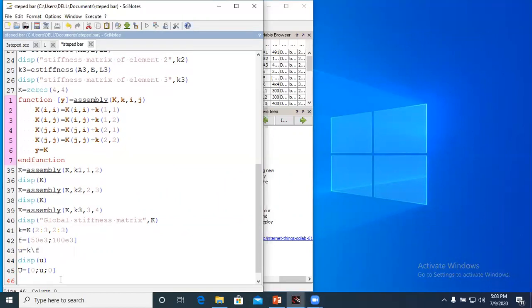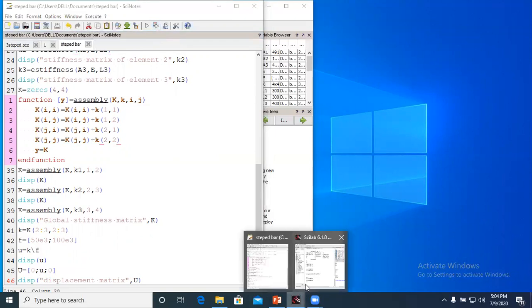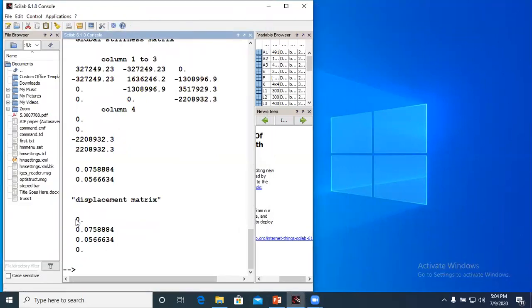Complete displacement matrix, you can see here, display displacement matrix. Now I will display the u, and if I run this, you can see here it is 0, u2, u3, 0. Here these two are fixed.